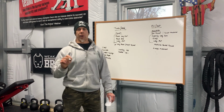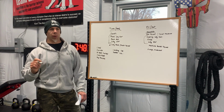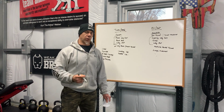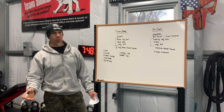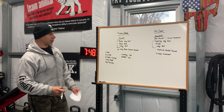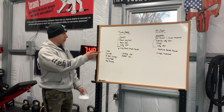So there is a reason as a bodybuilder to incorporate those lower rep sets, but you have to be careful how far you take it. When bodybuilders start trying to do too much 1 and 2 rep shit, I'm like, what's the point? This isn't helping you for what your goal is. So hopefully that gives a little bit of an explanation. But yeah, basically back to my previous point,